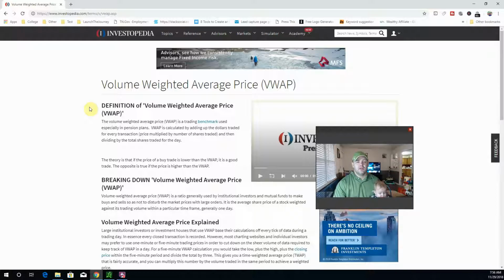The definition of the VWAP, it stands for volume weighted average price. Okay, and it is the trading benchmark used especially in pension plans. VWAP is calculated by adding up the dollars traded for every transaction price, multiplied by the number of shares traded, and then divided by the total shares traded for the day. Sounds very technical,